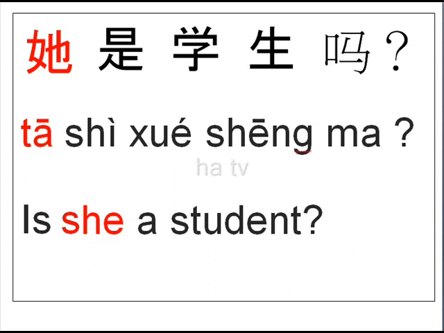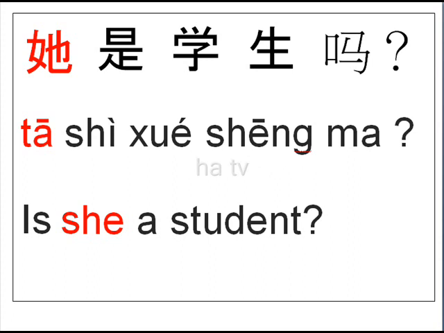Is, in Chinese we say 是. She we say 她. 学生 student. Ma is a question here. Is she a student? 她是学生吗？